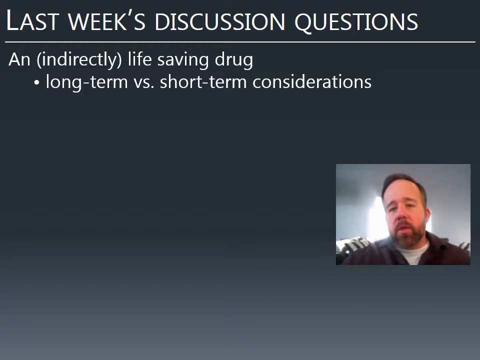And of course, one big issue that was brought up was long-term versus short-term consequences. In the short term, maybe it does increase the probability that someone will save their own life or save the life of someone else. But in the long term, of course, we know that amphetamine use has some negative consequences, not the least of which is dependence. And so how do we weigh those two possible outcomes? The short-term enhancement of someone's abilities with the long-term negative effects on their health. How do we weigh those two things against each other?